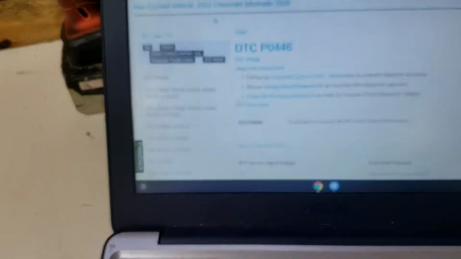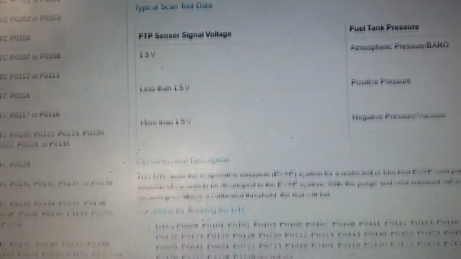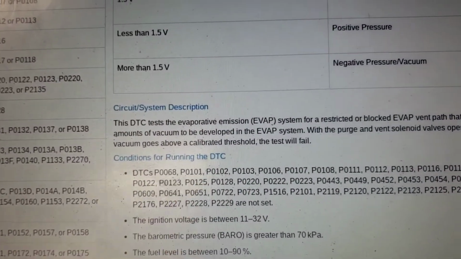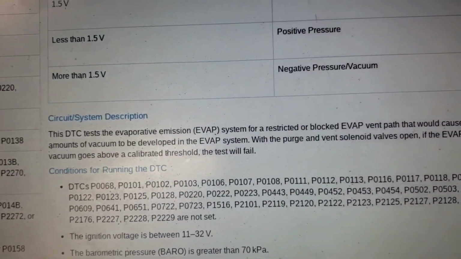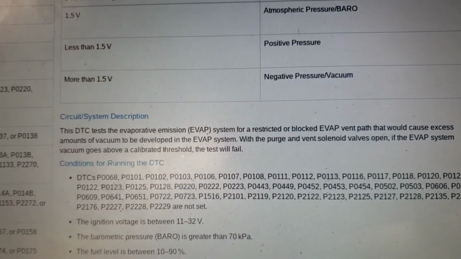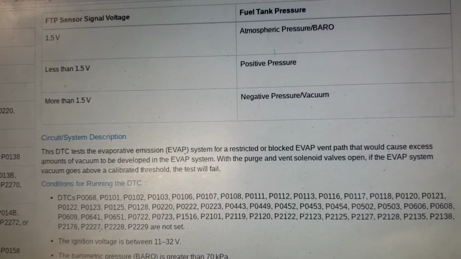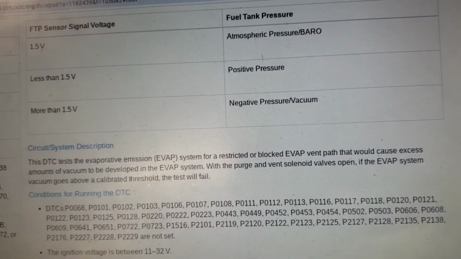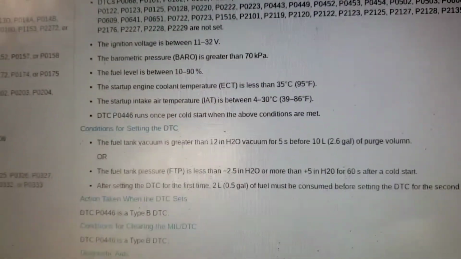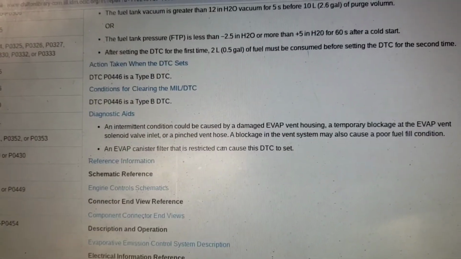for the 446, and I take this with a grain of salt, but this DTC tests the evap system for a restricted or blocked evap vent path that would cause excess amounts of vacuum to be developed in the evap system. With the purge and vent solenoids open, if the evap system vacuum goes above a calibrated threshold, the test will fail. So then what we do is it tells you in here,